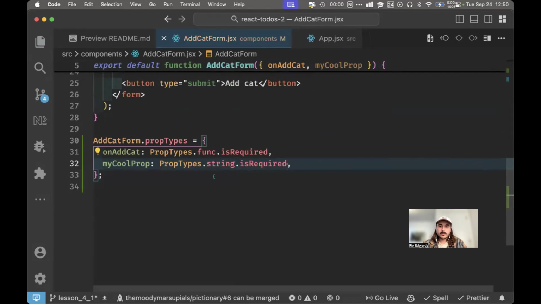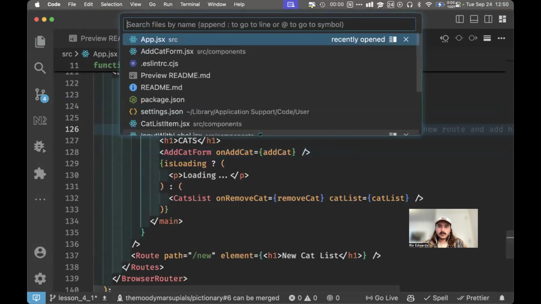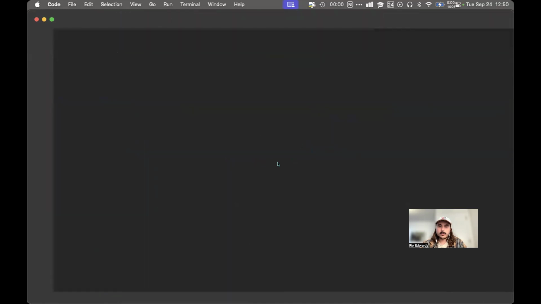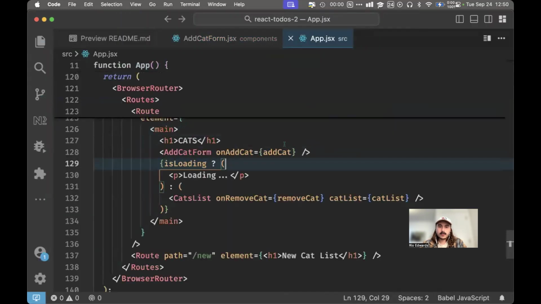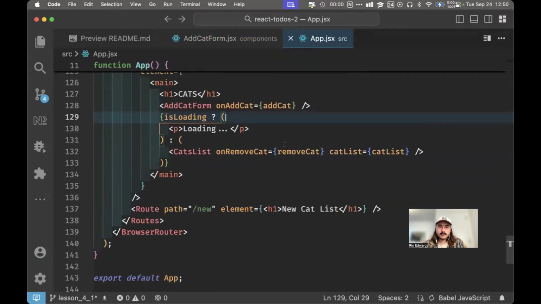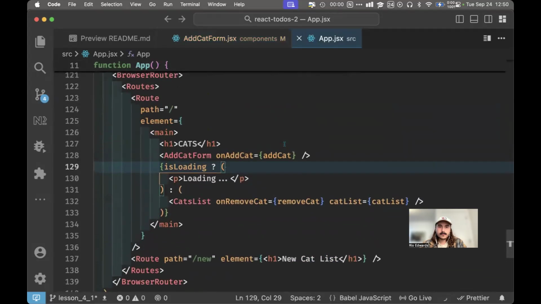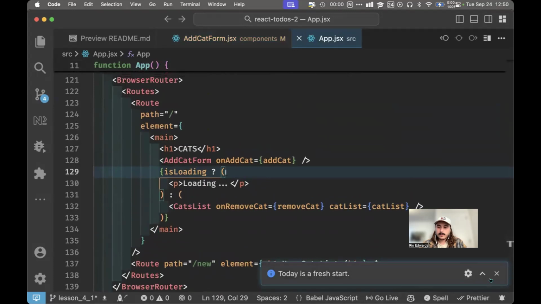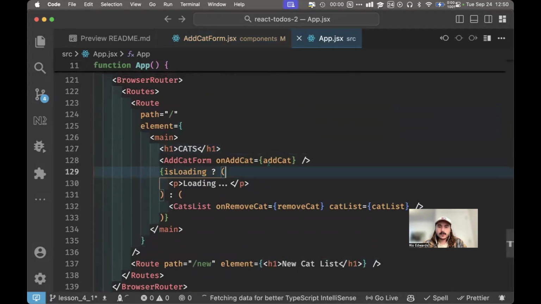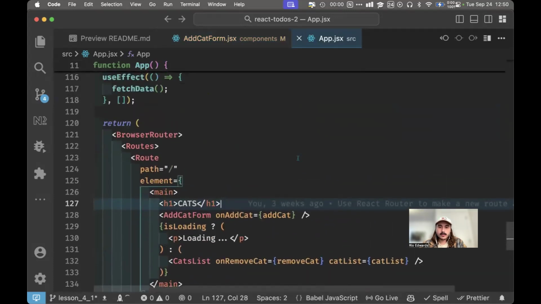Maybe I didn't have isRequired on add cat before, and so maybe if I reload my window, it'll actually give me a little squiggle. Nope. Okay. So yeah, I don't understand what the use is for this library, but